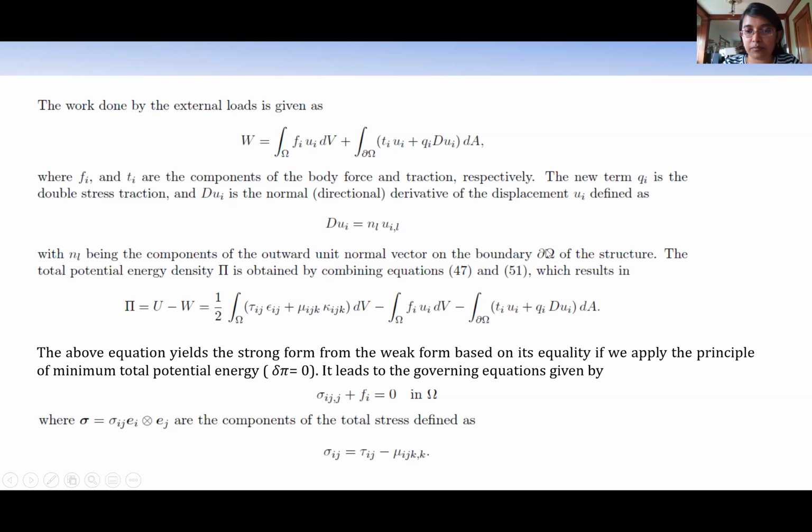where Ni are the components of the outward unit normal on the boundary. On the boundary, the total potential energy is obtained as this, where everything remains the same except for the second term and the last term. The above equation yields the strong form from the weak form based on the equality as we apply the principle of minimum total potential energy, and it leads to the governing equations as this, where sigma is the tensor product of EI, EJ times sigma IJ,